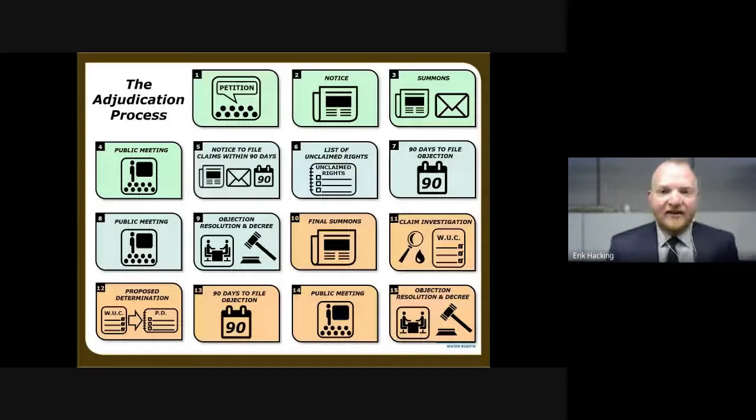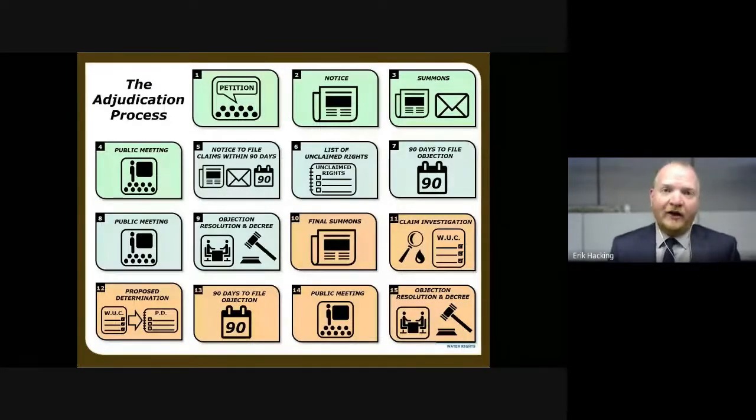Next, we'll go through the adjudication process and where the East Murray Subdivision fits in. So you can see the dates of various events going on during the publication of the proposed determination. The adjudication process is split into 3 phases. The first phase, as you can see in green, is the initiation phase. This started on September 5th, 1944, with a petition to the court to perform an adjudication in the Utah Lake and Jordan River area.